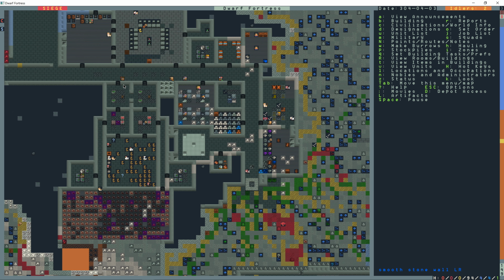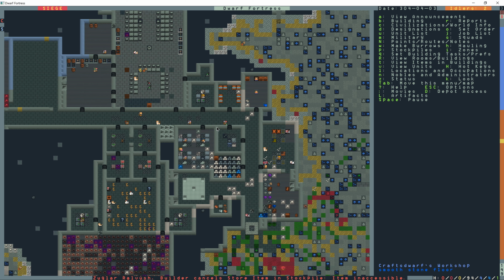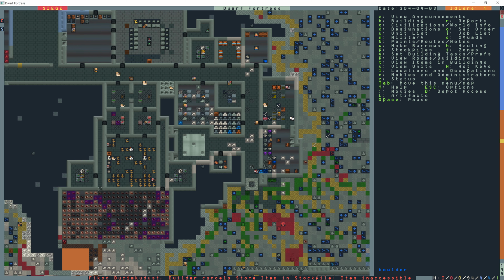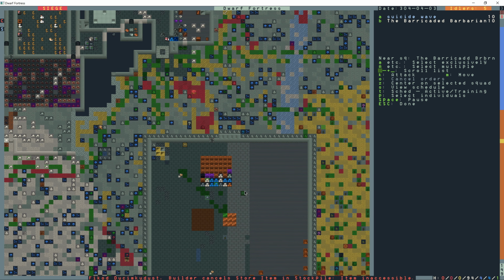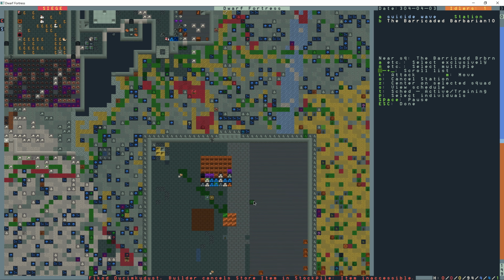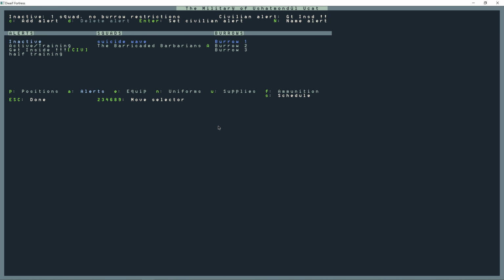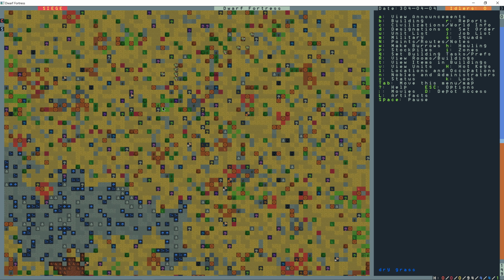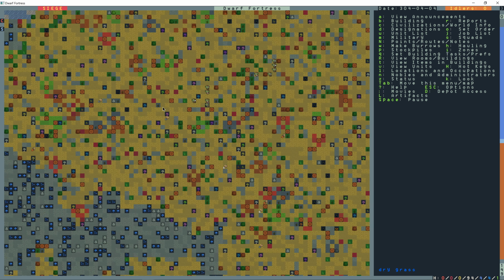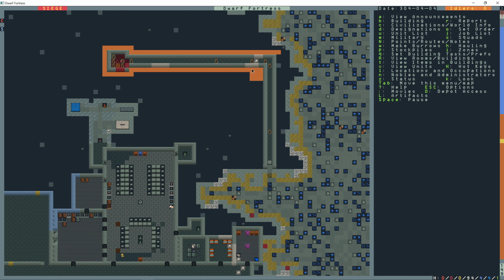And I'm going to have to pull this lever up here. Now, it's going to close this main entrance. Squad A, I'm going to move them to this location. Enter. Oh, you know what? Military alert. Yeah, so I would release the undead here. I would release these guys, however...